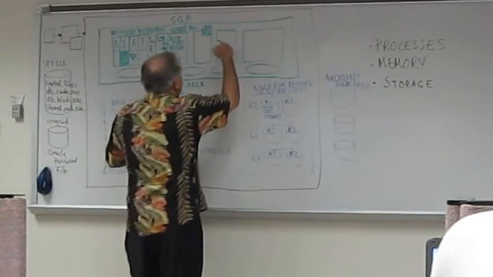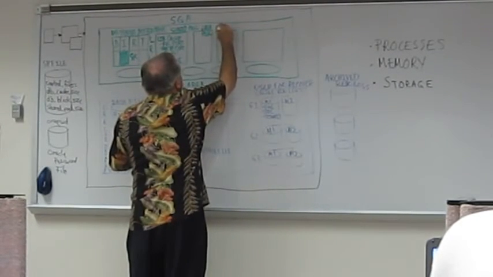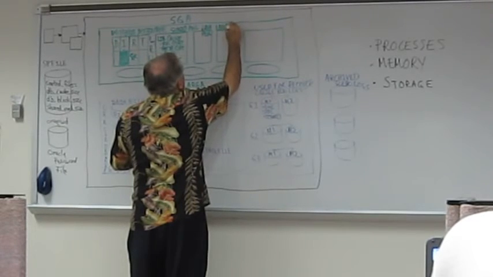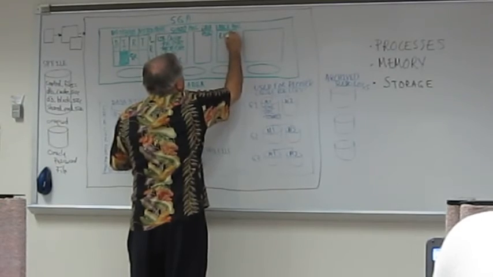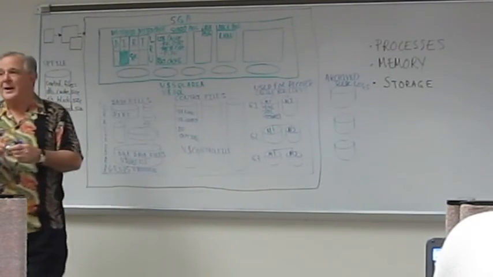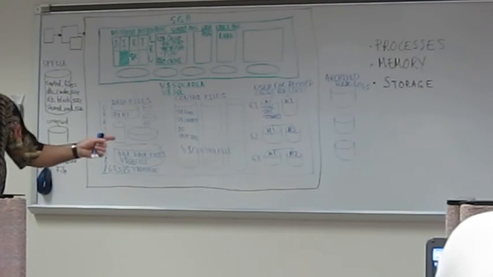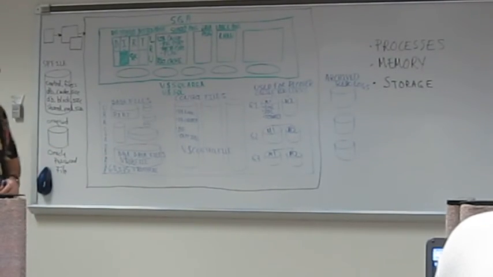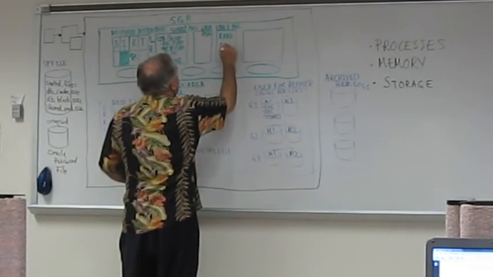There's another pool that is optional, but a lot of customers have it, which is the large pool. And if you're using the RMAN utility to back up, restore, and recover your Oracle database, you'll want to configure a large pool. Also, if you're using the Oracle shared server, which is